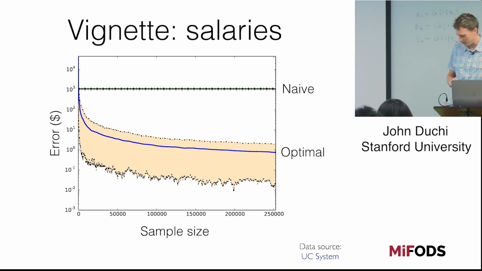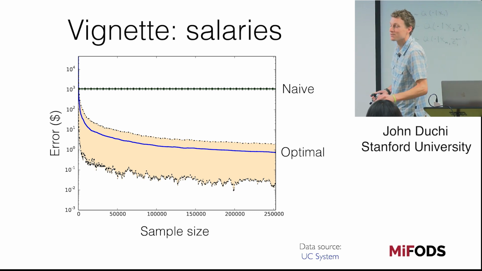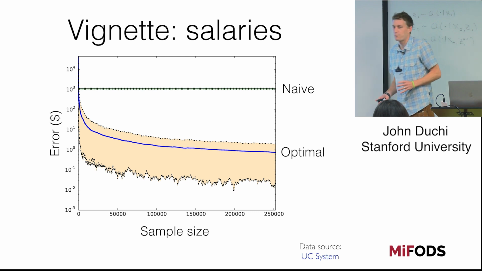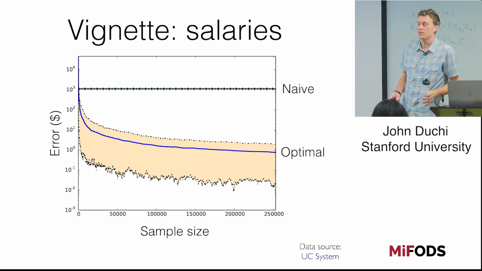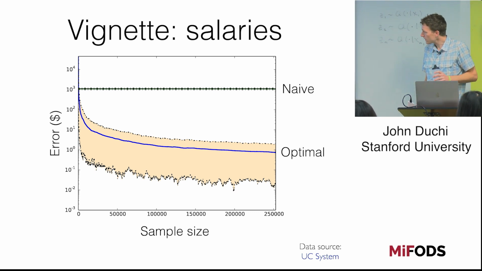So some carefulness in terms of how you develop these schemes can give you substantial benefits. I've made these claims about wanting to develop optimal algorithms. So the question is, how do you define optimality? Let's dig into this.